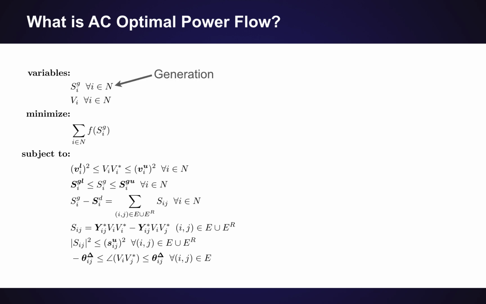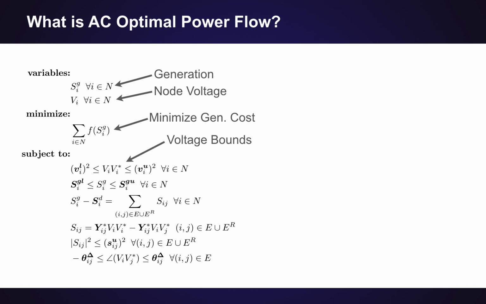So we have these generators and the voltages on each node, which are the variables in the problem. So these are the quantities that we are able to choose using the optimization. Our objective here is to minimize generation cost, which is represented here through this generation cost function. We have voltage bounds on the voltages. So here we see that on each node we want the voltage to stay within the lower and the upper